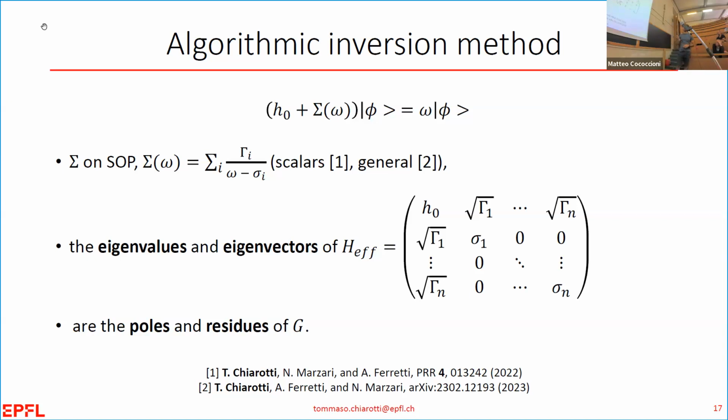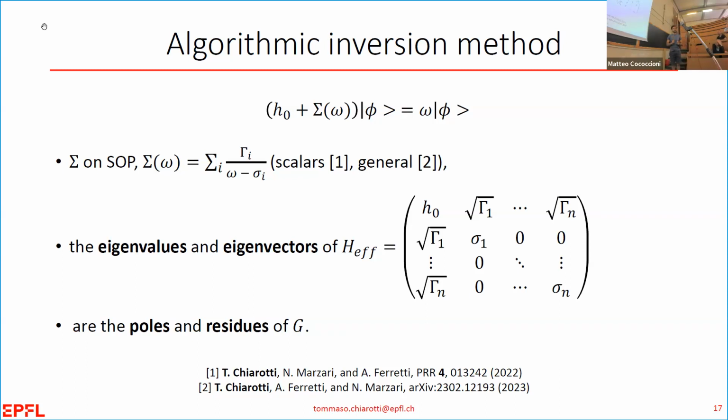And so we need indeed to solve the Dyson equation, the nonlinear eigenvalue problem. But the nice thing is that if you write the self-energy on this basis, you can build an equivalent system, a non-interacting system, which has the same Green's function as the interacting system that you wanted to study. So you see, it's exactly as in Kohn-Sham. You build a non-interacting system which has the same ground state density. Here you build a non-interacting system which has the same Green's function.